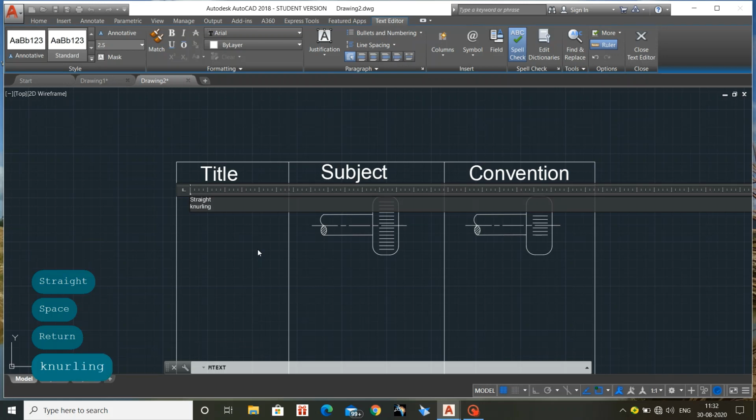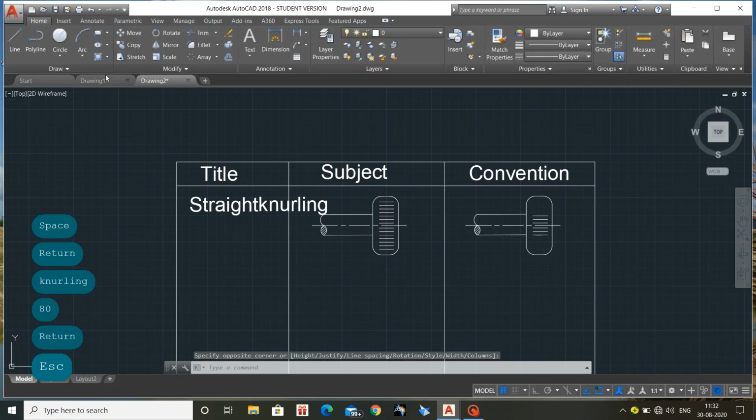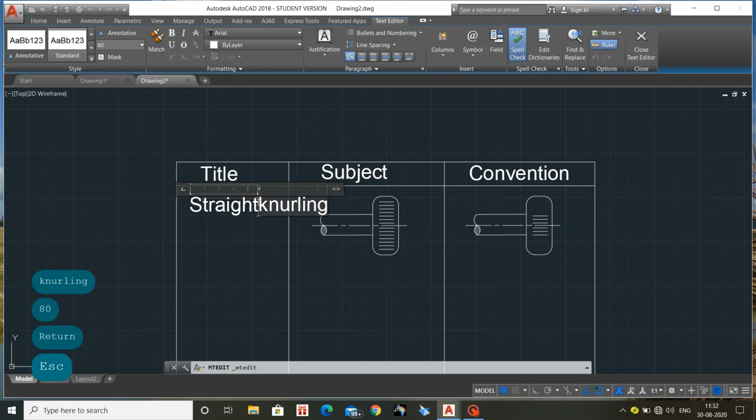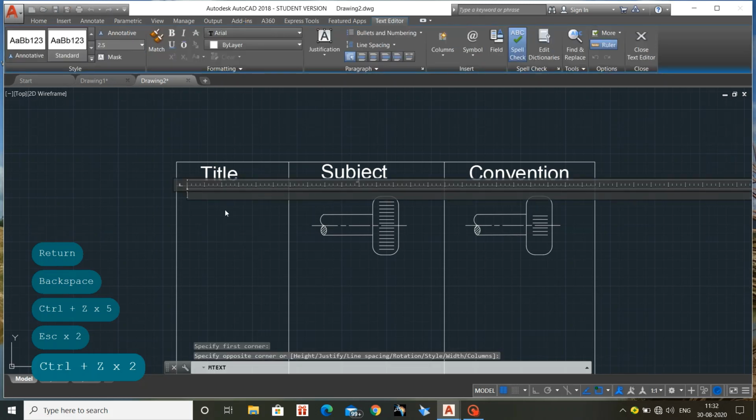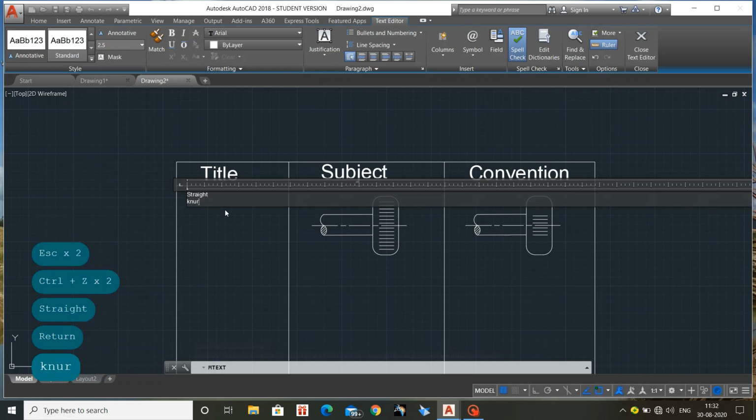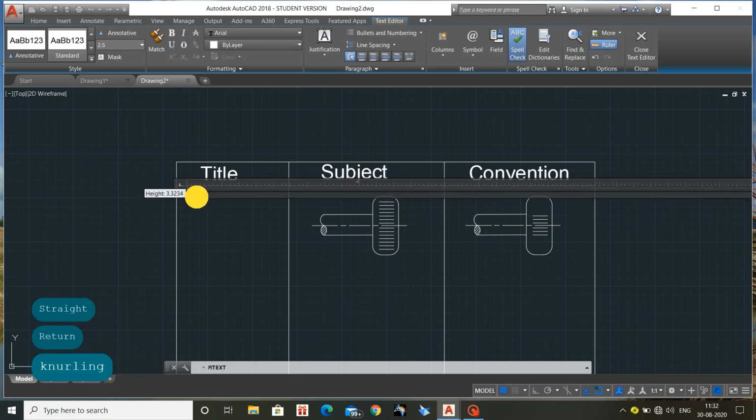See, straight knurling. So I'm selecting the text and giving the size as 80. Okay. I'm giving it again. Knurling. Okay. I'm selecting the text and giving 80.